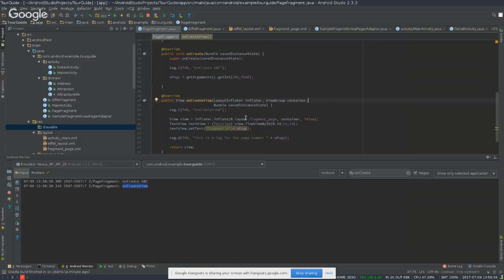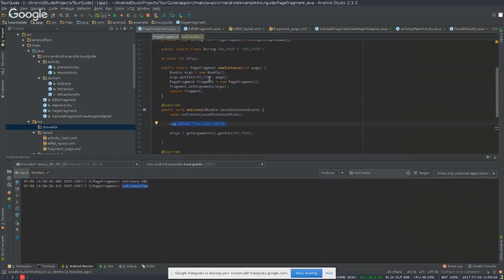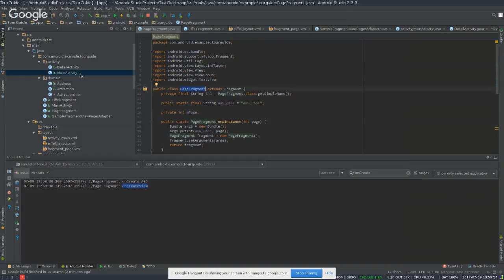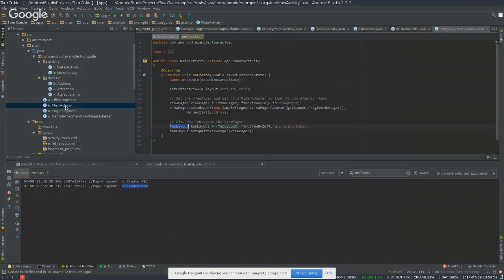So maybe some of you were already doing this naturally. For those of you who are not doing this, specifically when you start working with fragments, I would highly recommend you go and add these log statements in the fragment. Right now I put this in the page fragment. You can also put this in the main activity that has the view pager, for example. Whenever you override anything, just put it in there. That will help you, because if something's not working, you can always go into the log of the emulator or your device, filter on that specific statement, and see exactly in which order things are happening. Okay. All right,